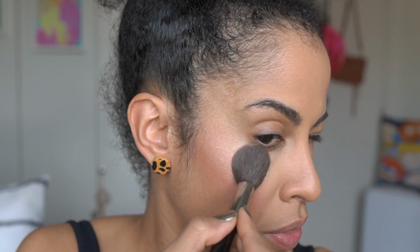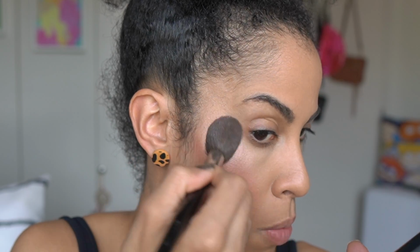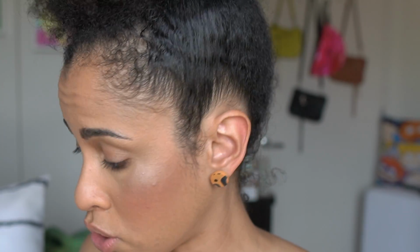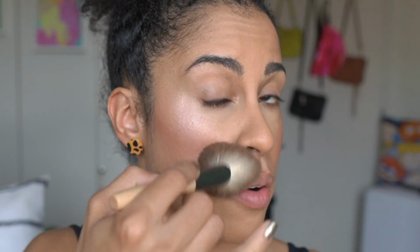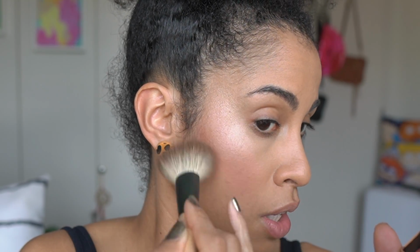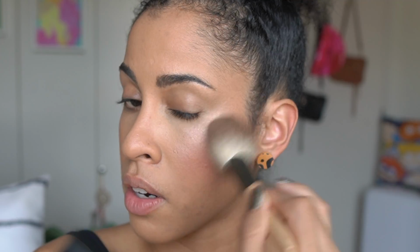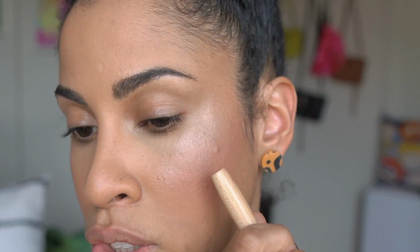Let's go in with the pink shade. The pink shade definitely, you see, is a lot cooler, but it's so pretty. It really made that liquid highlighter go pa-pa. If you think it's too much, then I'll take just a very soft buffing brush. This is my Suqqu.harrods 03. Bring everything together. And again, just the texture,